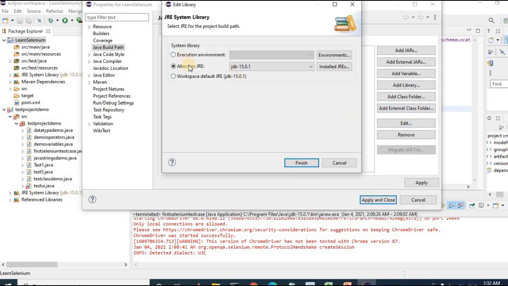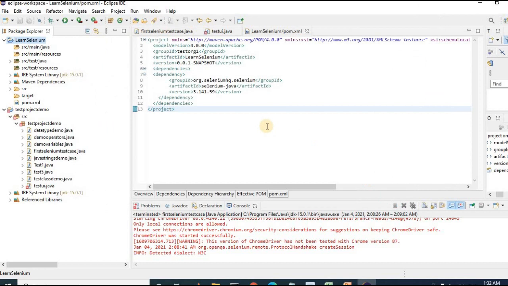Here you can see the Alternate JRE. You can select the alternate JRE version if one was using an older version of JDK and click on the Finish button. Once you click on the Finish button, the JRE system library JDK version will be updated as selected. Since I have already updated it, it is showing the latest JDK version 15.0.1.